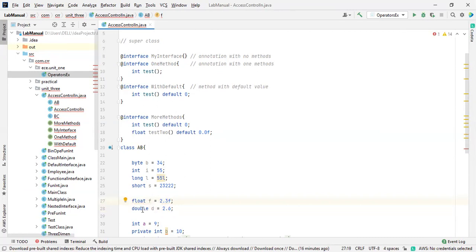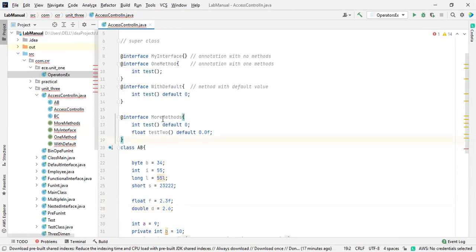There is no need to mention a double D over here, but by default it is a D. We can mention a D also. That doesn't matter to the compiler. Whether you give it or not, by default it is a double itself. This is how we differentiate the long and an integer, and a float and a double. Okay, so now we'll go for our main topic.